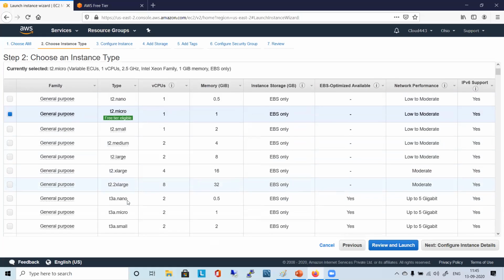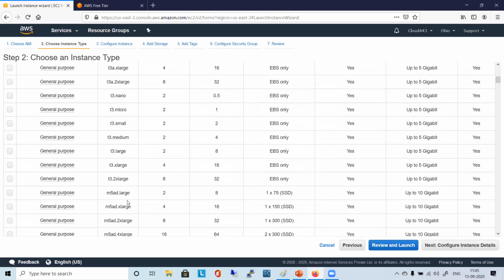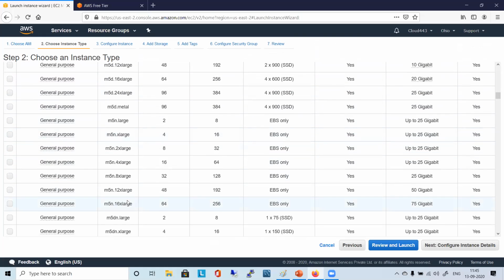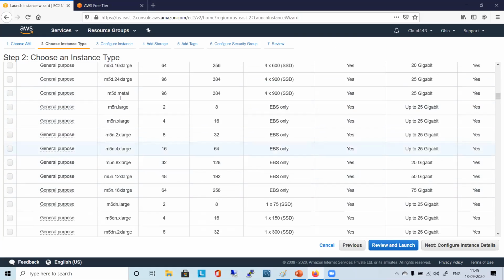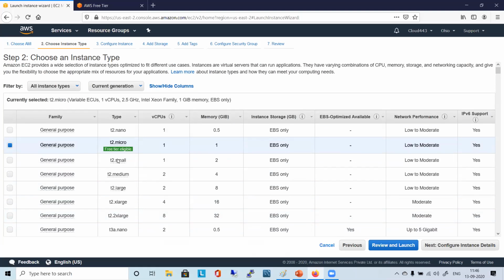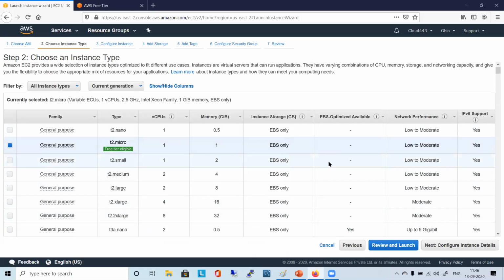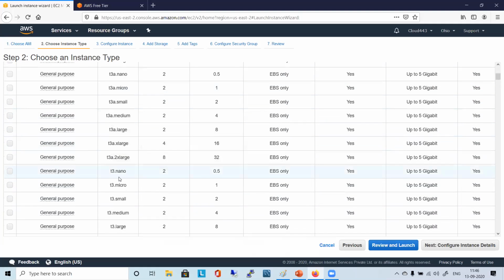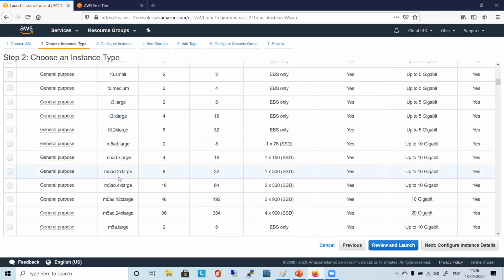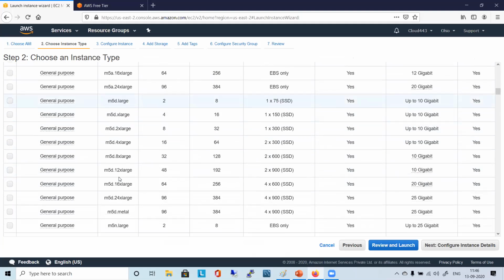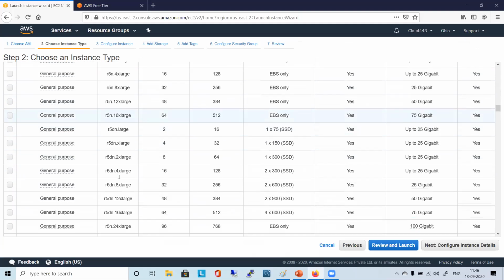So you see here instance types and all, right? Different types of names and other things are there. I have been telling about instance type, right? This is family, this is type. So you will have some kind of instance type where you can try to understand based on what it is. You see M, and so on.